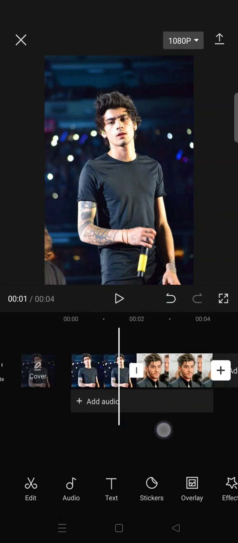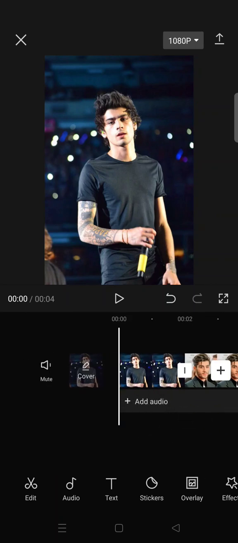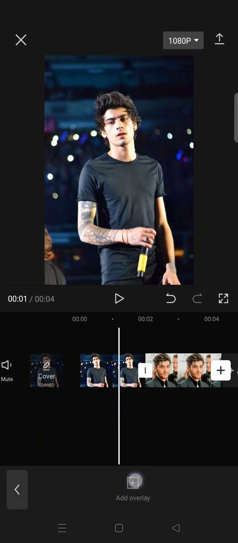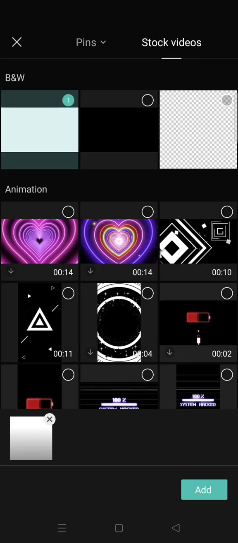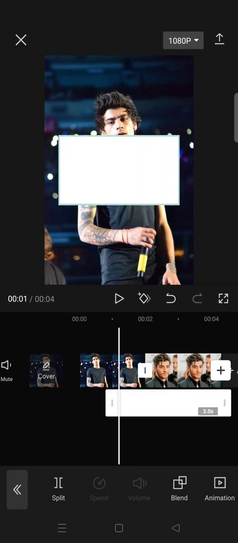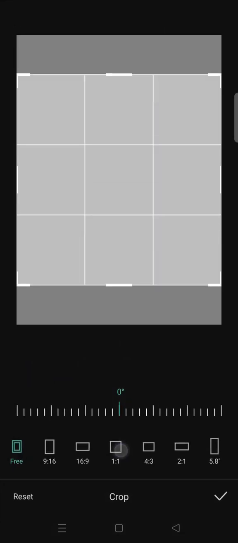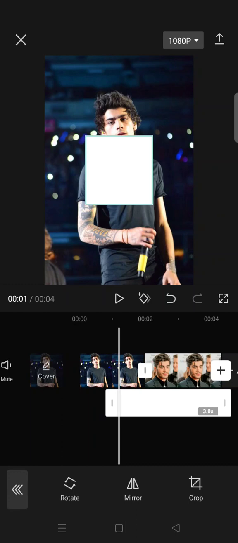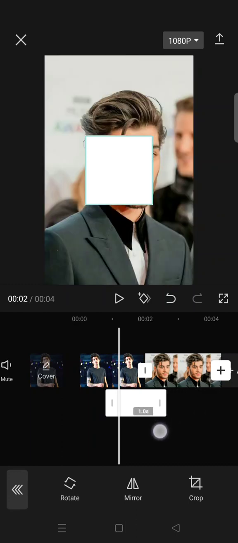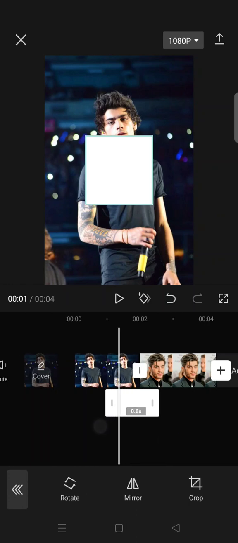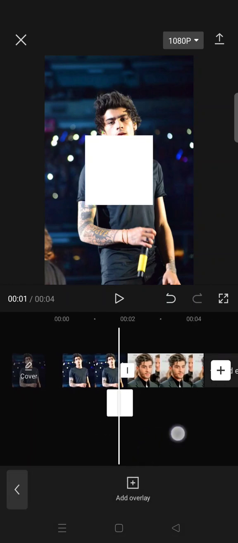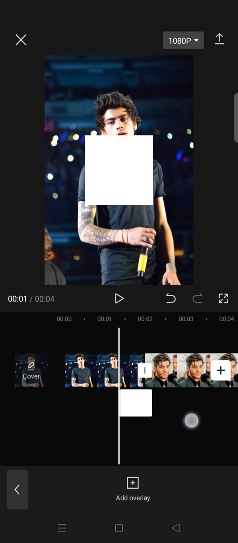And after you add your photos or clips, just go to overlay and add the white image from the stock videos as the overlay. Okay, and then just go to edit and click on crop and crop it to square like this. Then put the overlay in between the clips like this. Then after that, just